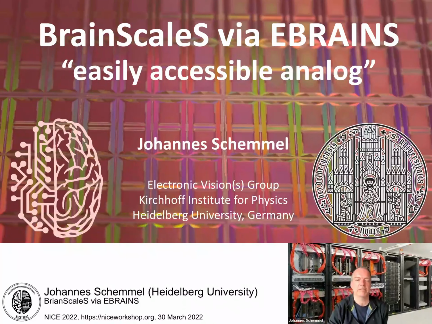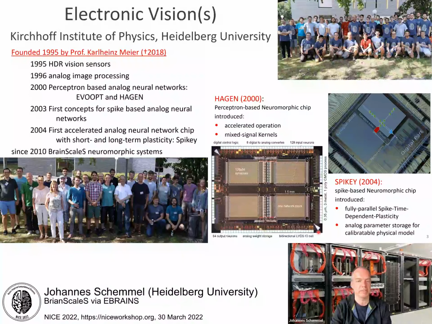And the first brain emulation chip was the Spike chip in 2004, which used event-based or spike-based neuromorphic communication, and also included plasticity. And our first try to make neuromorphic computing accessible by having analog parameter storage that allows us to calibrate the analog or physical model, how we also call it, for a certain biological, to mimic a certain biological model. Now to the Human Brain Project, which is